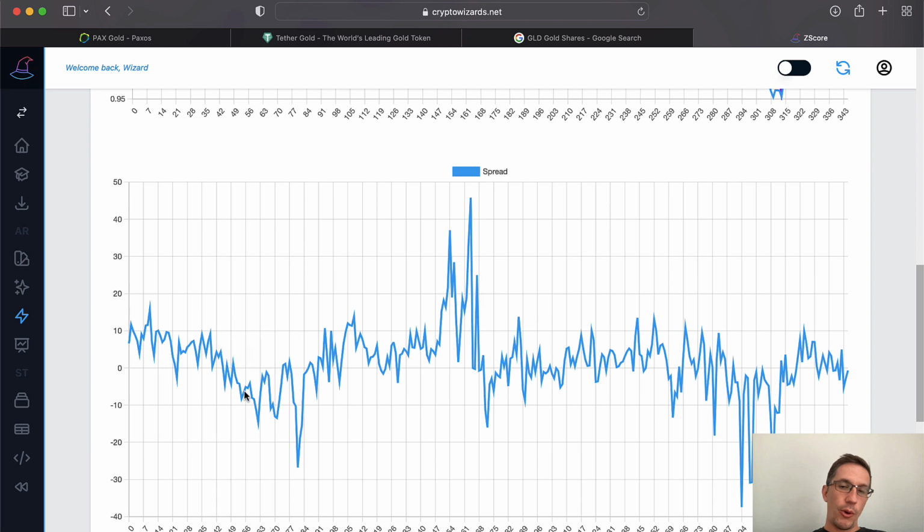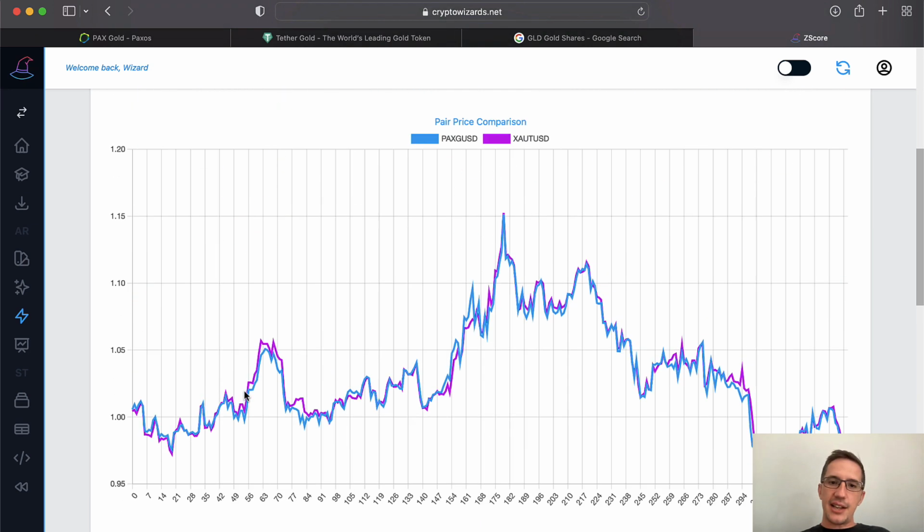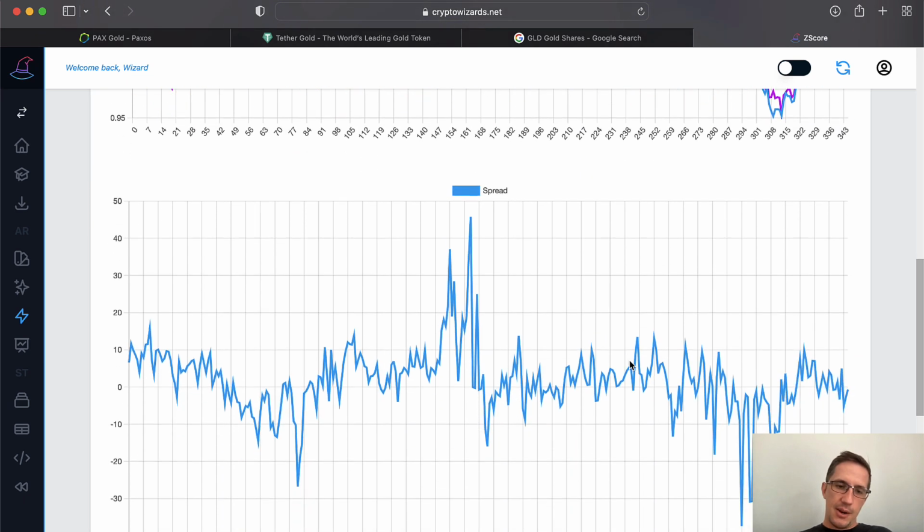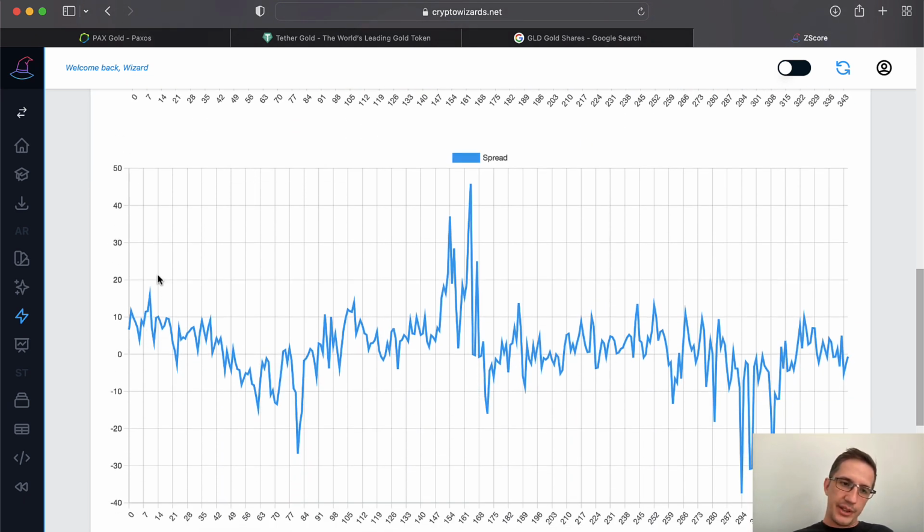So what you're always looking for when you're doing pairs trading is you're looking for these assets which are co-integrated, right? This is showing that they co-integrated. What you're looking for here is an asset where the difference between the two is always crossing this zero line over here. And this is happening all the time. I mean, this is literally a perfect looking spread in terms of how it just hovers around the zero line. But you can see there are these big drops and spikes in opportunities.